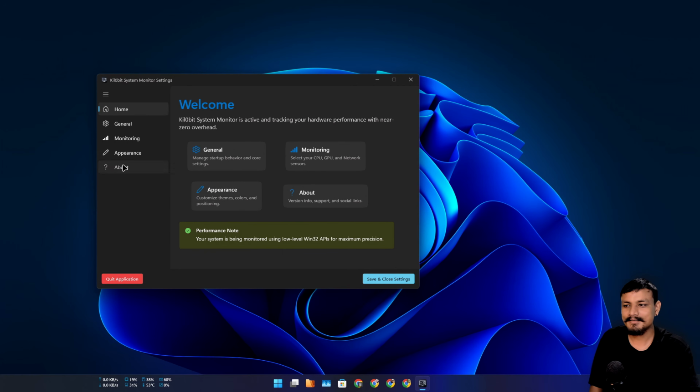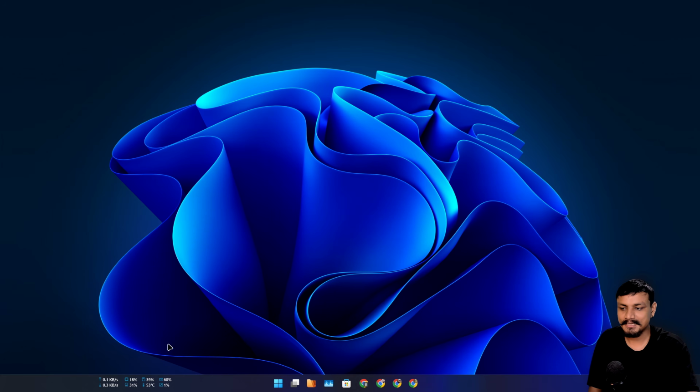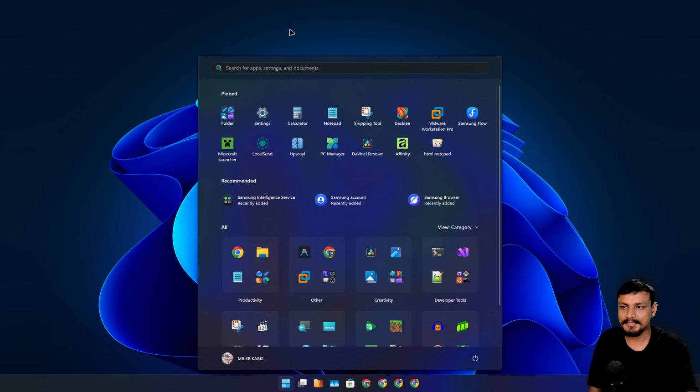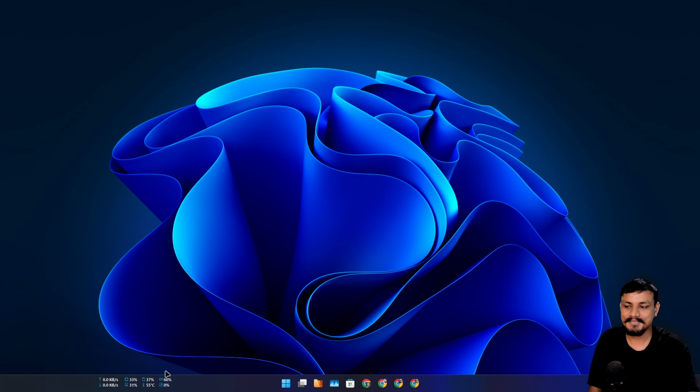There are some bugs here and there. I'm planning to fix them. Sometimes it disappears. Like when I open the start menu, it disappears. So there are many fixes I need to do. And I'm planning to make a vibe coding tutorial video soon because there is something going on with vibe coding right now. So yeah, these are the tools that I used to make the Windows 11 look like the